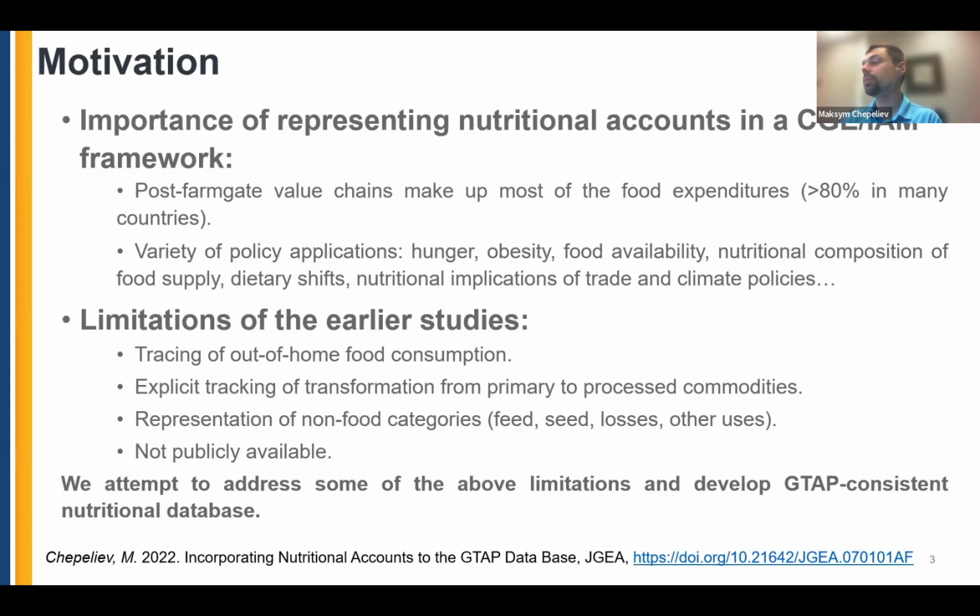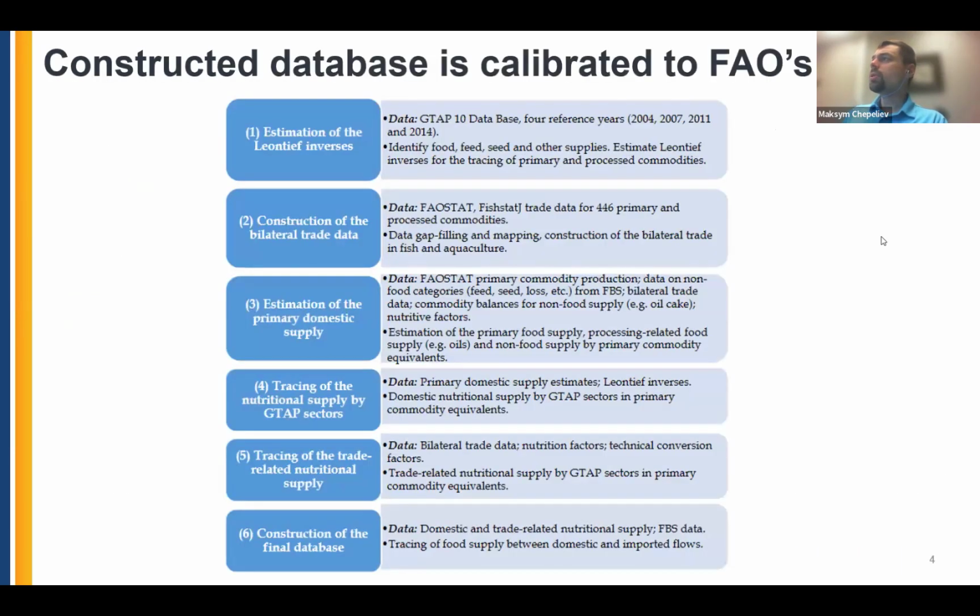So in this regard, we also try to address this. And on the bottom, you can see the link to their paper in the Journal for Global Economic Analysis, which you can download. So what we do in this effort, and I'll just briefly walk through the steps, is construct the database, which is largely based on FAO's food balance sheets. So we calibrate our data to FAO. We also combine a number of other estimates, including fish supply from FishStat. We complement it with bilateral trade flows, and then we trace food supply and consumption along the value chains, transforming from primary to secondary